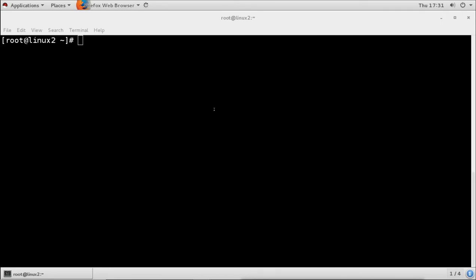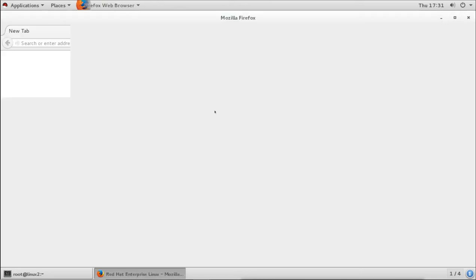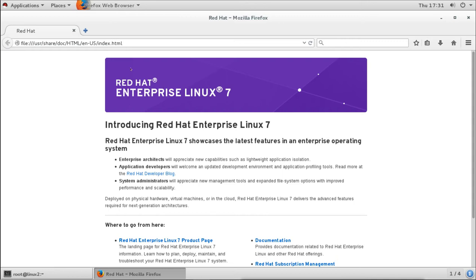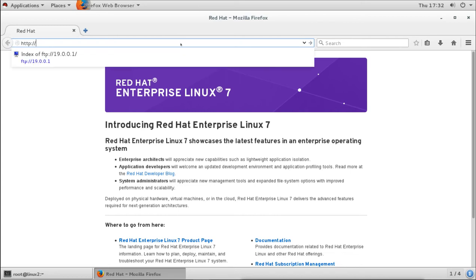Remember, there is no data in the document root directory. That means there is no website configured there. But the server is running, and the services are running. The web server is listening on the port, listening on HTTP. So let's try to access it. I will give http:// and then the IP address of our server. We can give the name also, because DNS is working.